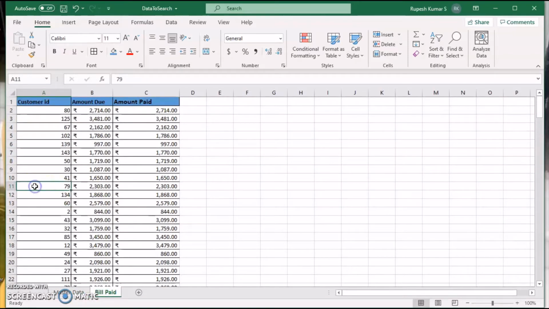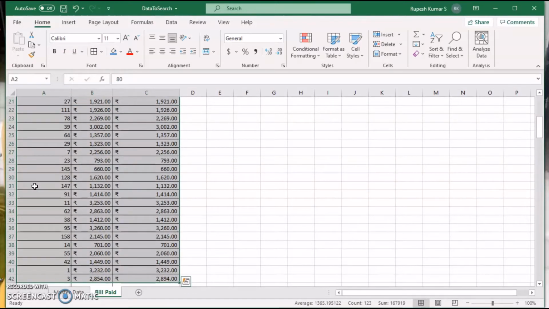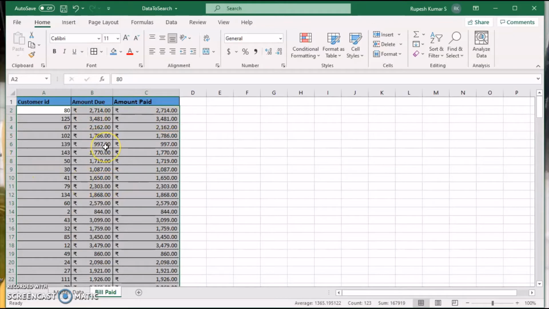I am going to give a name to my data. I have this area where the details of customers who have paid the bill are present. I can convert it into a table also so that it becomes dynamic, so whenever new data is entered, the new data is automatically taken care of.